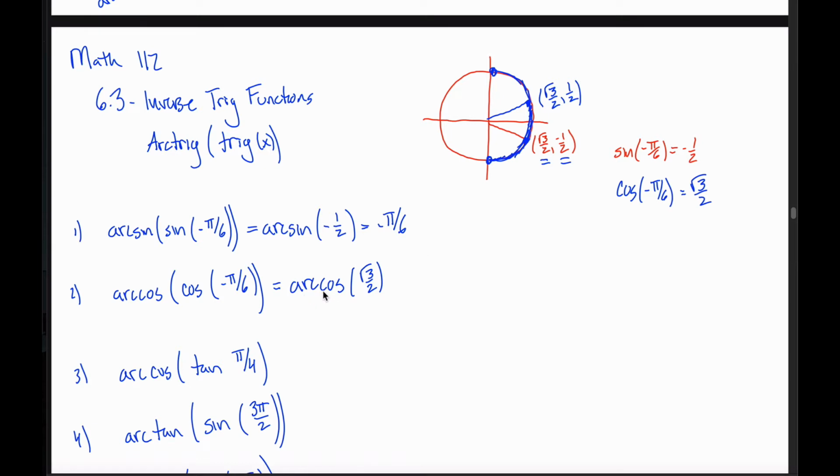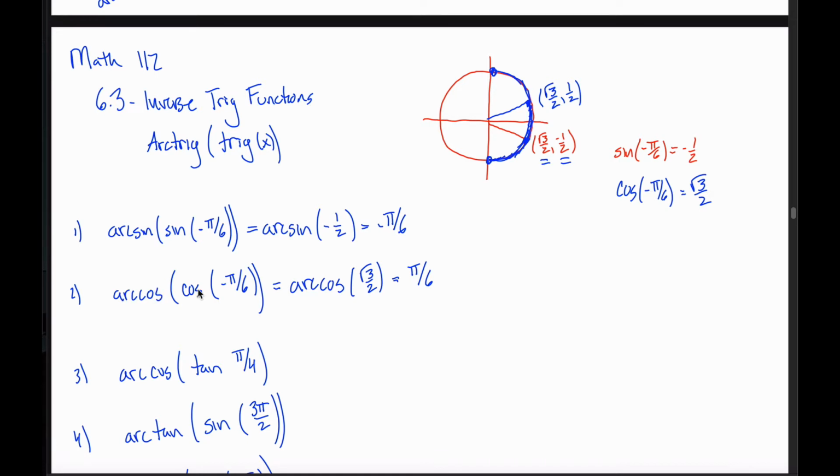The angle in between 0 and pi, so that when I take the cosine of that angle, I get root 3 over 2 as my answer, is not negative pi over 6. It's not corresponding with this point. It's instead positive pi over 6 corresponding with this point up here. What I'm saying is the arc cosine of root 3 over 2 is positive pi over 6, and unfortunately we